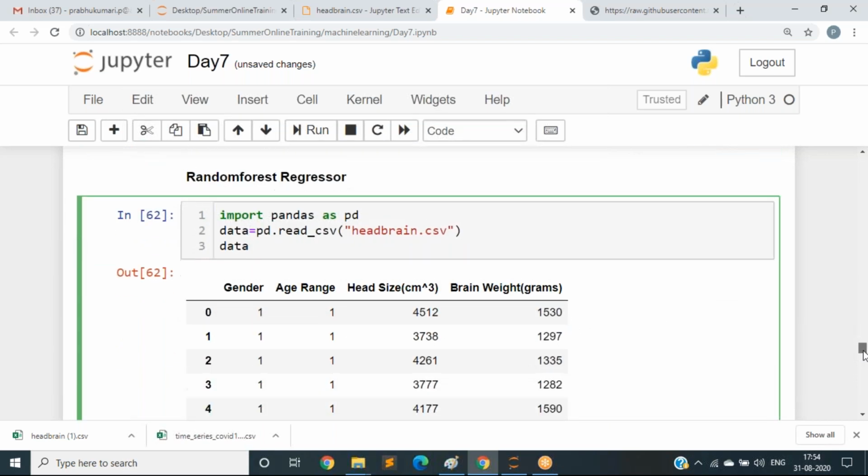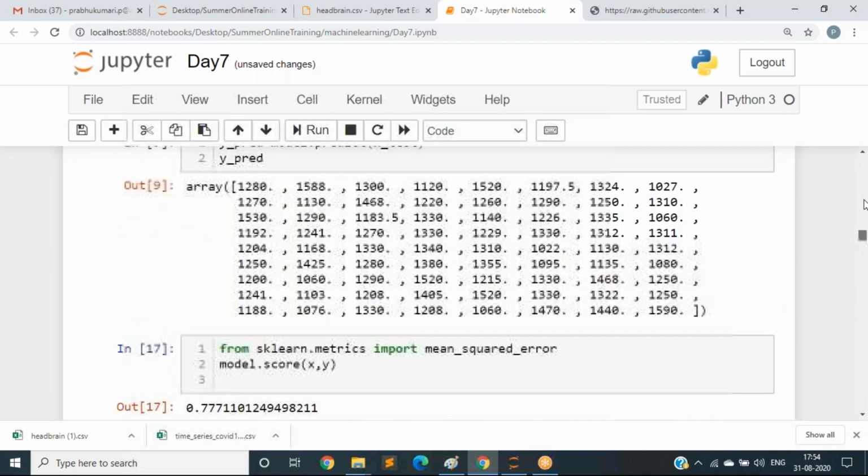And next, I have only loaded my data. Now, what is the next step?